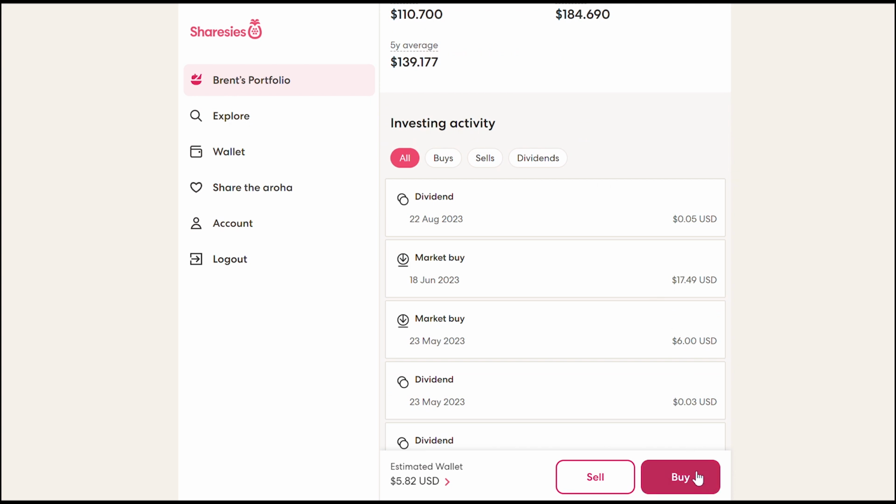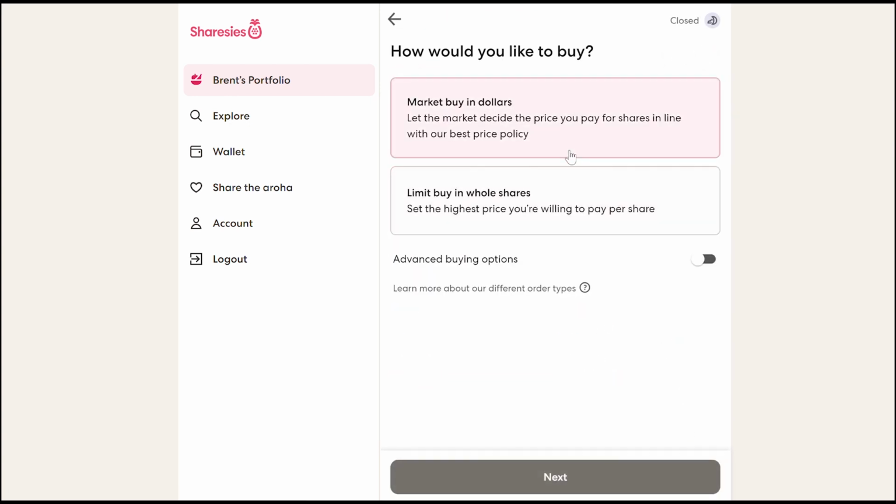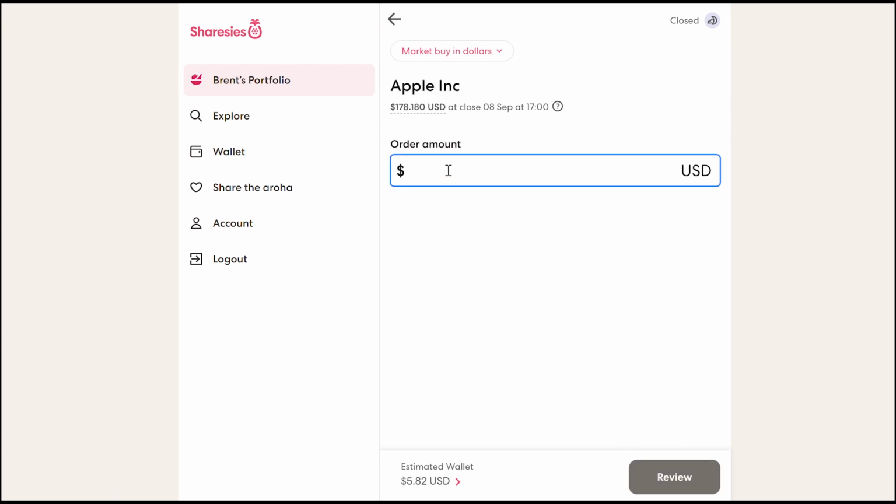If we click buy down below, we get a couple options. The first is to market buy, simply meaning that when the markets reopen at 9 AM or so in New York each morning, whatever the price is then is what I'll purchase the stock for. You can put any value here, upwards of a cent, and that purchase will go through at the best price